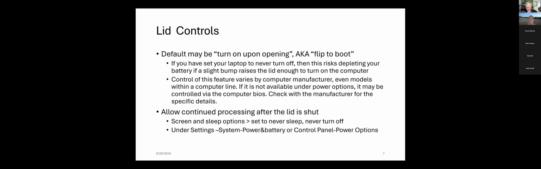This has happened to me. And the computer, when we arrived, was dead. The control of this feature is variable. Sometimes you have to get into the BIOS. Other times, it's available under power options. You may need to check with the manufacturer or look through details of the specifications in order to find out